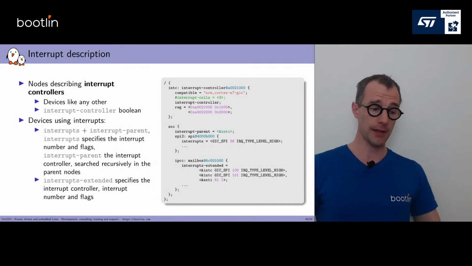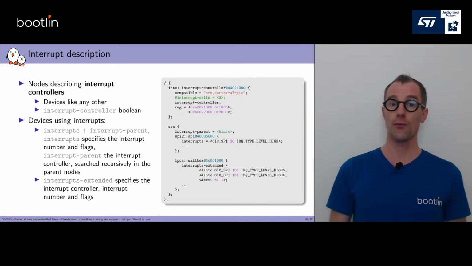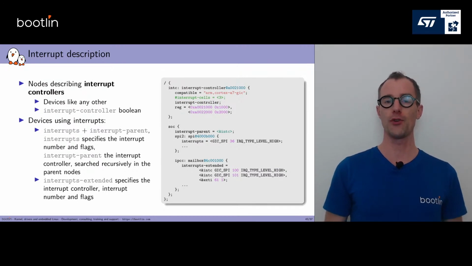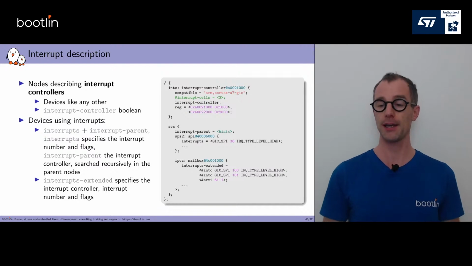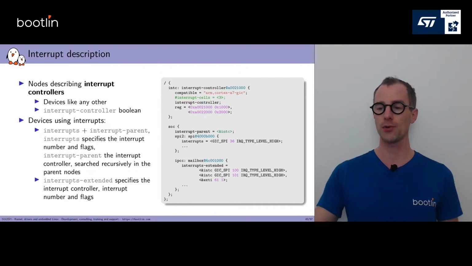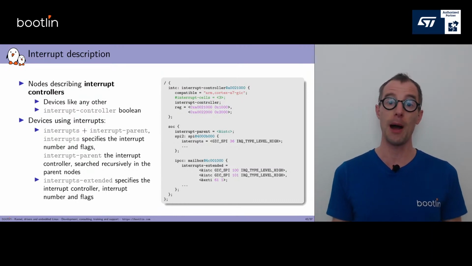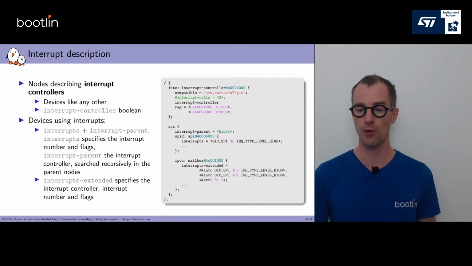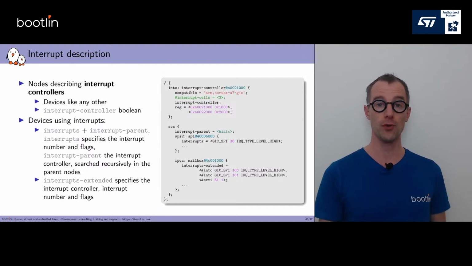I was mentioning that we would give more details about the interrupt description. Now it's time. So to describe interrupts, we have nodes to describe the interrupt controllers, and that's on the right side of the picture, the top node, interrupt controller at A0021000. It is a GIC interrupt controller for ARM, which we find in a wide range of ARM SoCs. It says this is an interrupt controller by having the Boolean property interrupt-controller;